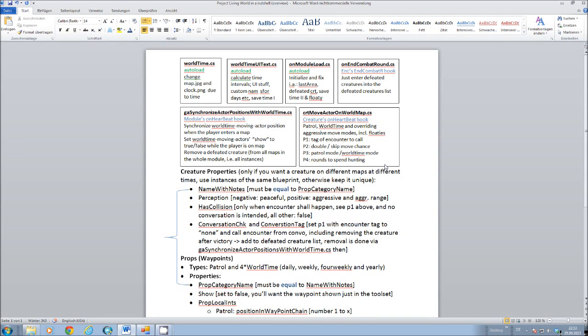It's a tag of an encounter to call, if you want to call an encounter. Then the encounter will be called on collision with the creature. Well, to be fair, it's not exactly called a collision. I think it's called on the creature entering your square, but those creatures which call encounters should always have collision set to